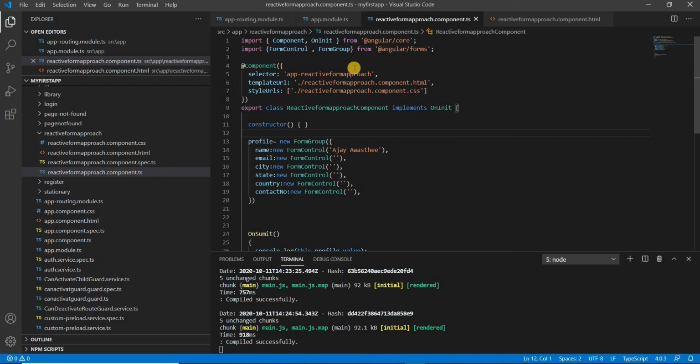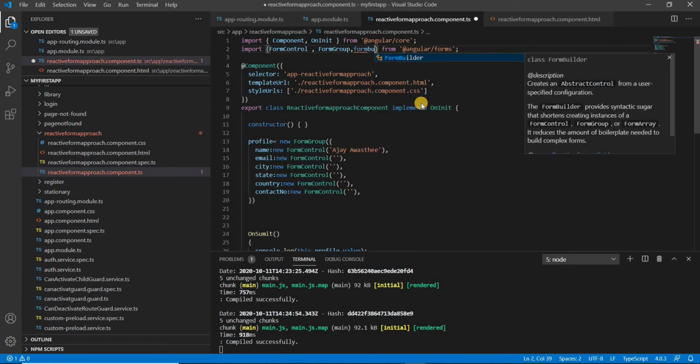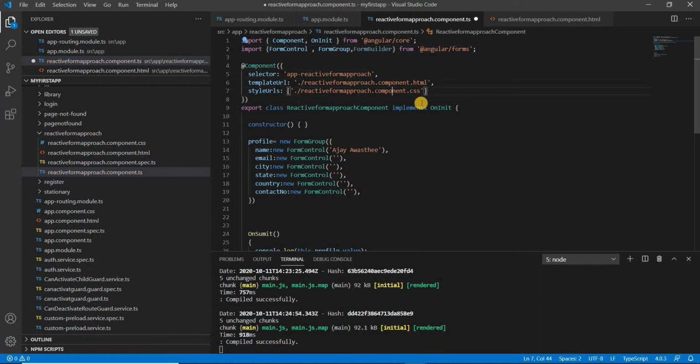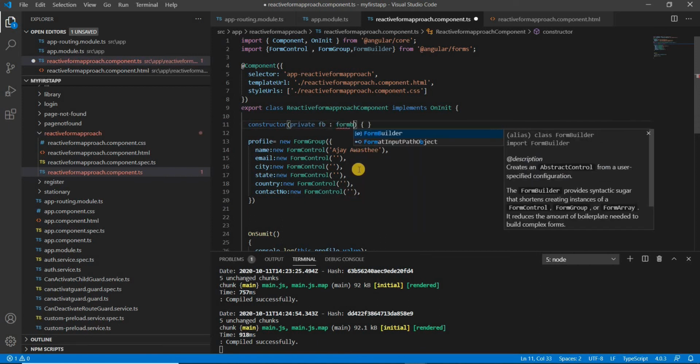For this, first we have to import the FormBuilder class, and as it is a service, we have to inject it into the constructor and create an instance of form builder.